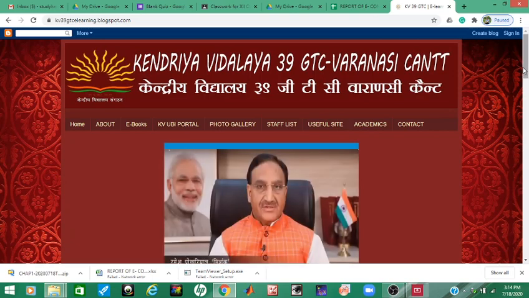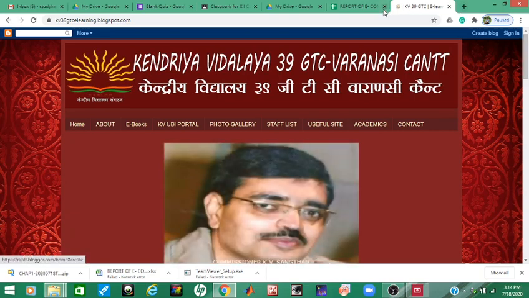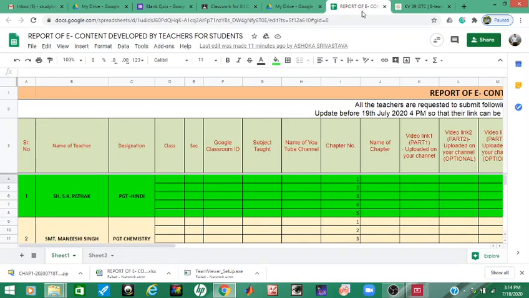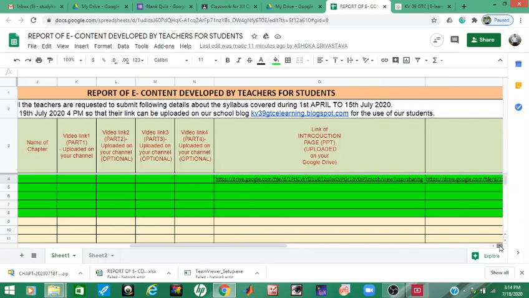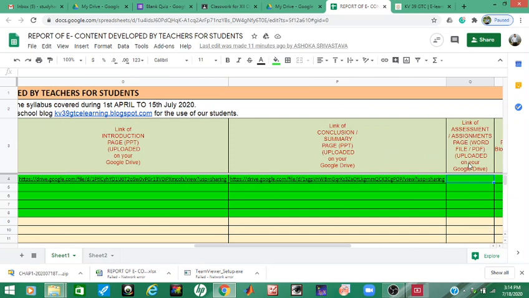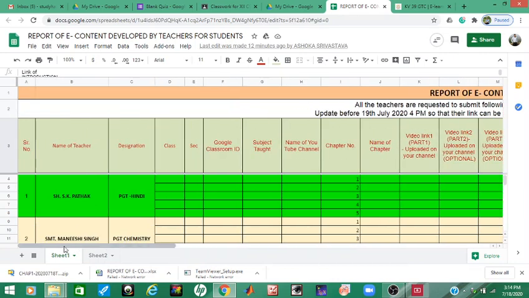So it has been decided that all the three files, that is introduction, conclusion and assessment, all these files must be uploaded on Google Drive by the concerned teacher, and teachers will share the link. For the collection of the link, one Google Sheet has been shared with the teachers.